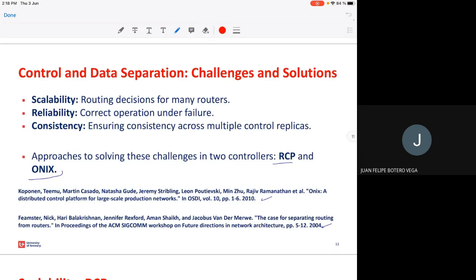It's important to know that this is not actually real. The control plane is normally centralized in a logical way. That means that logically one central entity knows all the information of the network, the topology, and takes decisions from it. But physically, it can actually be distributed. And we're going to see two controllers or two control plane approaches in SDN that actually tackle these problems of scalability, reliability, and consistency,